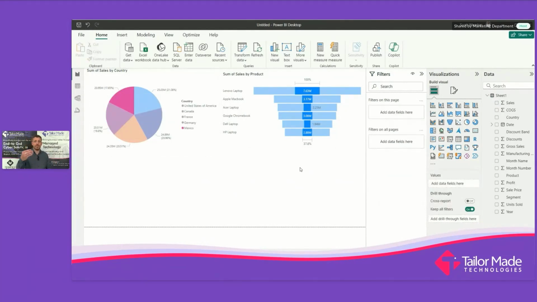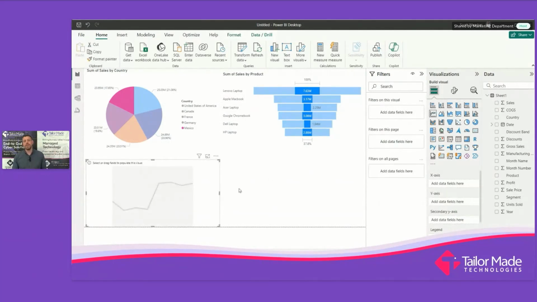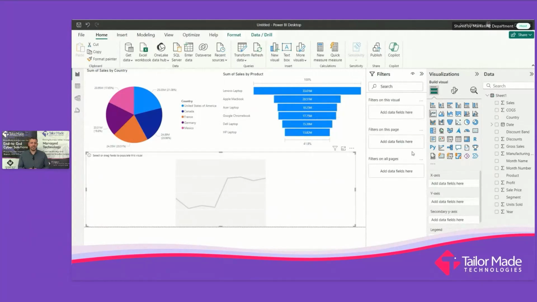So I can see the amount of products that we've sold, how much revenue of each product we've sold into each region. So that's quite a complicated thing to go off and do inside Excel, but very simple to do with Power BI. So we'll have a line graph. So let's put a line chart in there, or whatever you want to call it, line graph, line chart.